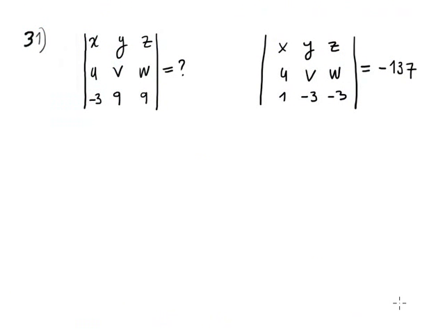Equation 31 is compute this determinant x, y, z, u, v, w, negative 399. But it's given other information, which is the determinant x, y, z, u, v, w, 1, negative 3, negative 3 is equal to negative 137. So using the property for the determinant, I saw that, for example, in the row number 3,